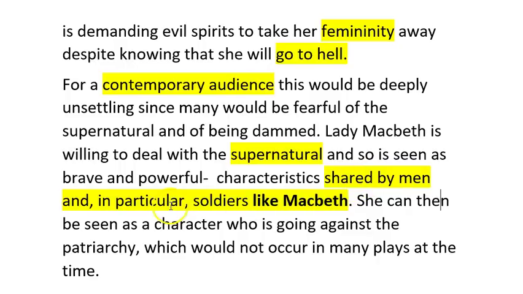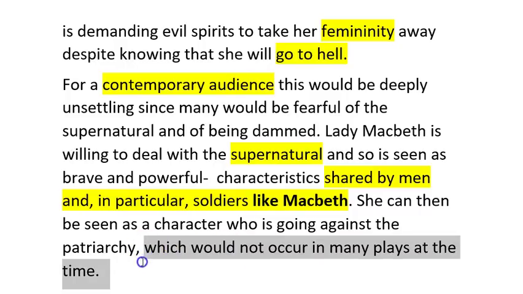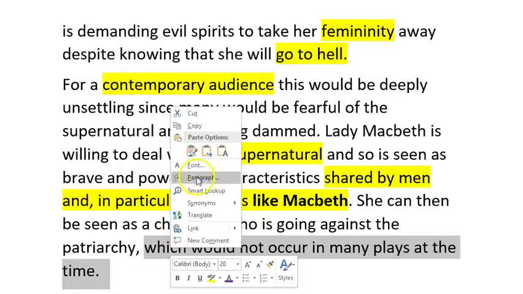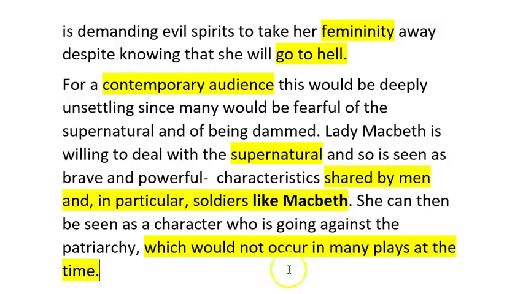Contrasted this with the power of men in the patriarchal society, and that links to Adingo's argument. She can then be seen as a character who is going against the patriarchy, which would not occur in many plays at the time. So here we've got the only real reference to form. So Shakespeare is writing a play here, which is different to the